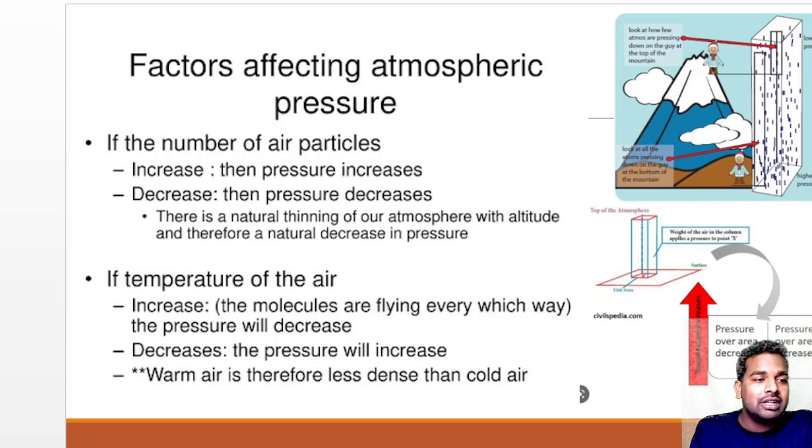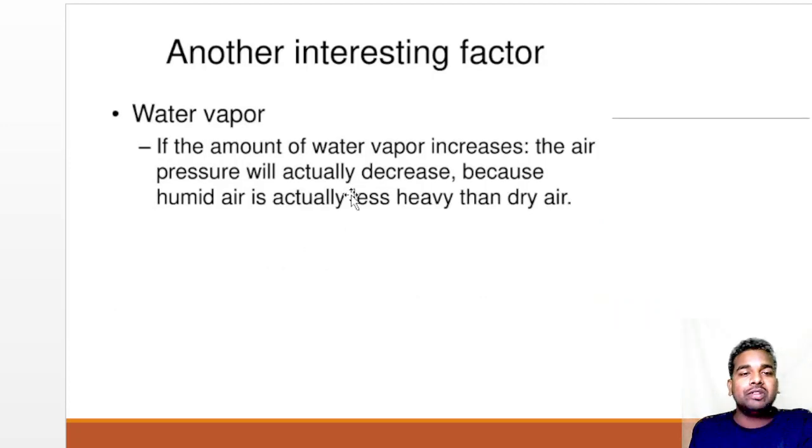Now our last topic is about water vapor. What is the molecular mass of water vapor? It is about 18. Now what is the average molecular mass of air? You know that in air we have mostly nitrogen and oxygen. Nitrogen is about 78 percent and oxygen is about 21 percent. If you consider only these two gases in the atmosphere and find the average molecular mass of nitrogen and oxygen,